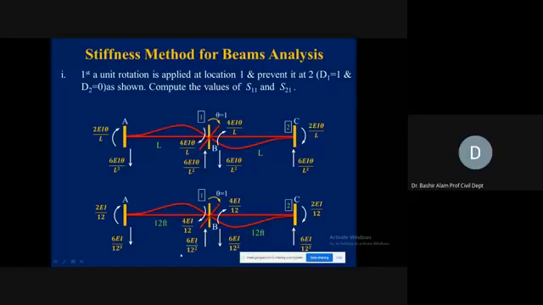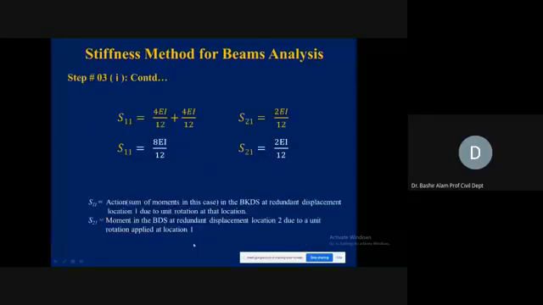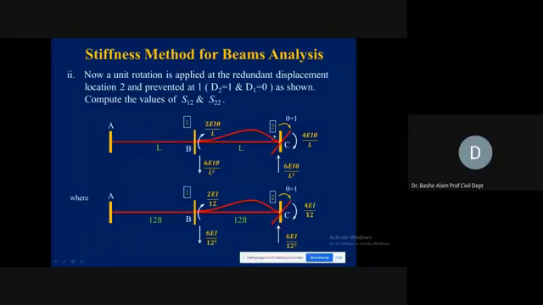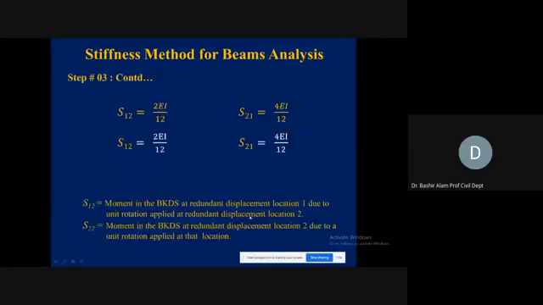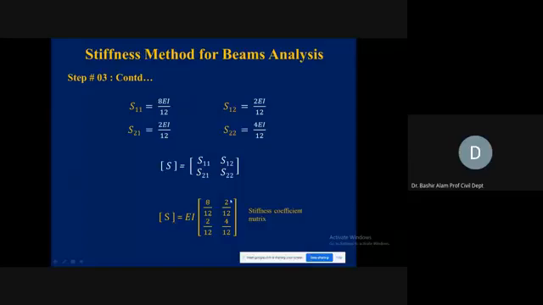ये आपके corresponding आप L वैल्यूज डाल देते हैं। ये 12 कहाँ से आ रहा है, ये 12 इसके स्पेन से आ रहा है, so we get these values। फिर हम जाके ये देखें S1 का क्या है, 4EI divided by 12, 4EI contribution from the two members। S21 का क्या है, 2EI, तो 8EI ये होगी। और इसी तरह फिर हम D2 के corresponding हम यूनिट रोटेशन हम देते हैं, we find out this। अब आपका S12 क्या होगा, it will be 2EI थीटा divided by L, S22 क्या होगा, it will be 4EI divided by L हो जाएगा। And we write these values। ये अब आप देख रहे हैं 2EI ये हो गया, and with this we complete ये आपका स्टिफनेस मैट्रिक्स यहाँ पे।